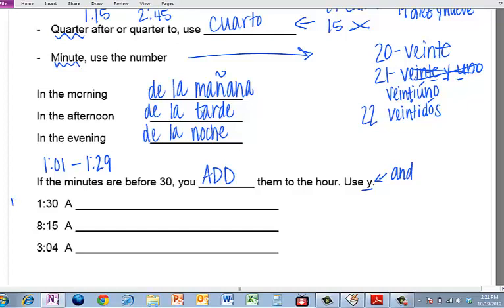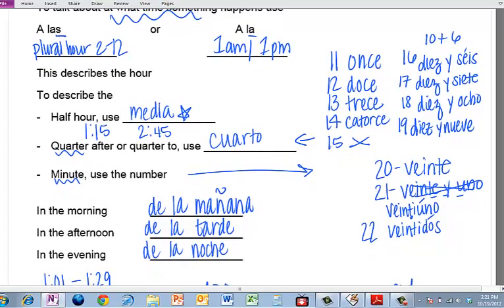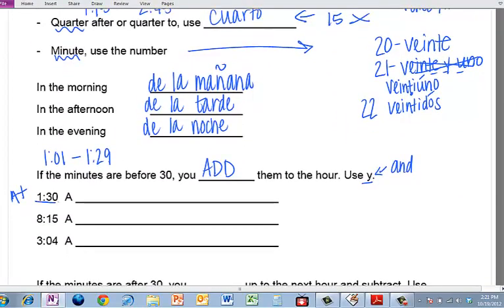For example, we want to say at 1:30, I like to eat lunch. Remember in the top of our notes, we said we start our sentences with a las or a la. Now here's your question. Is 1:30 a singular hour or a plural hour? Good, it's a singular hour. So for that one and only that one, because it's 1:30, we would say a la, and how do you say one? Uno, but because we're talking about the word hora, we're going to change it to feminine, so a la una. Now we're going to add y, and how do you say 30? Good, media. A la una y media, and then the rest of our sentence would continue if we wanted to add stuff. Me gusta comer.